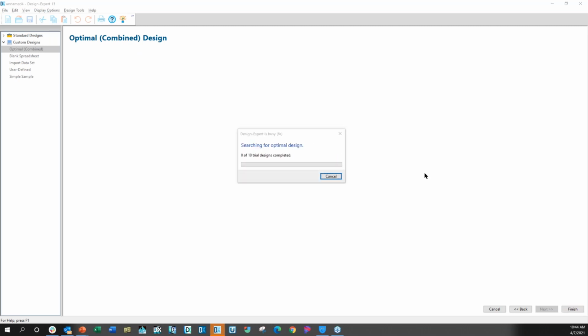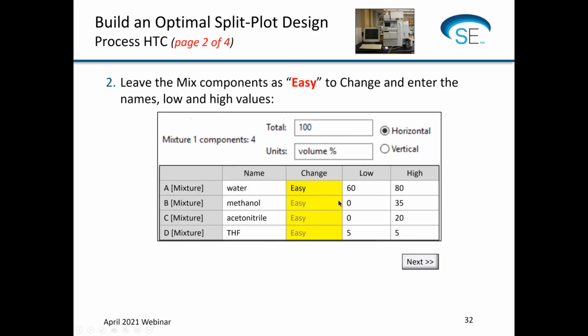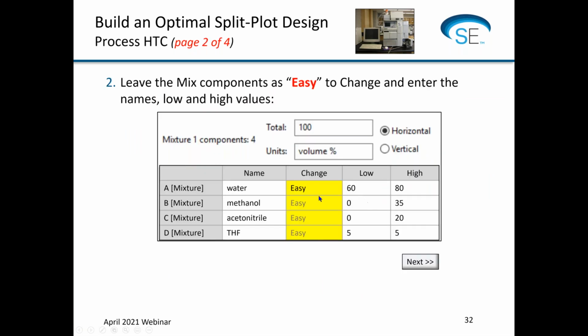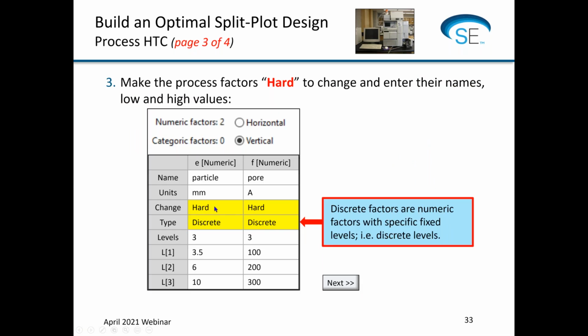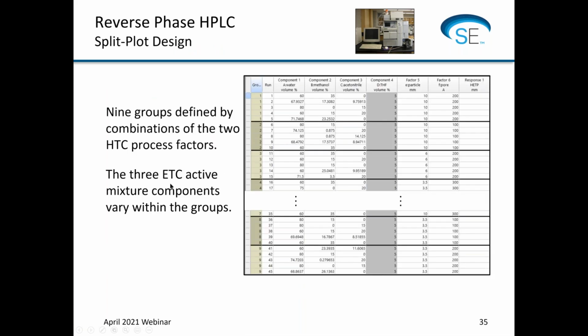And while that's building it, I'm going to switch back here and make sure I didn't skip anything. 4, 2, easy, hard, discrete. 6, 9, 45. Okay, so if we